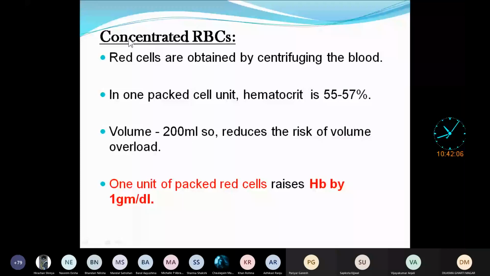Understood? So 1 unit of the packed red cells raises the hemoglobin by 1 gram per deciliter. So you have to remember that. What do you mean by a packed cell? How much is the ml? We will not ask you these questions, but here you have to remember that if 1 bag of the blood is given,